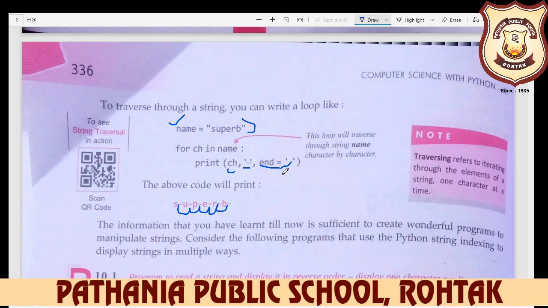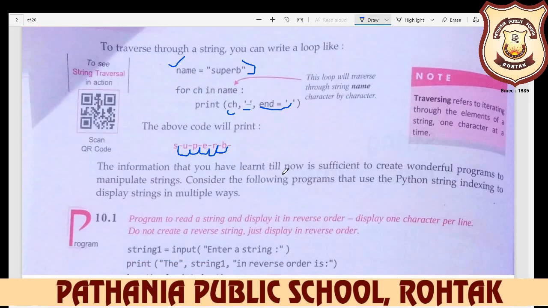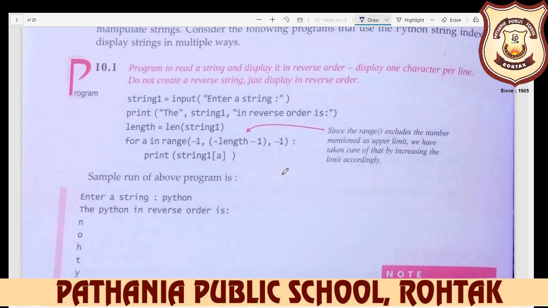The information that you have learned till now is sufficient to create wonderful programs to manipulate strings. Consider the following program that uses Python string indexing to display strings multiple ways. So here we take one example: a program to read a string and display it in reverse order. For example, we enter Python and we reverse it